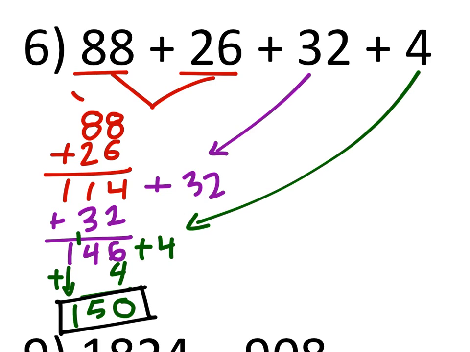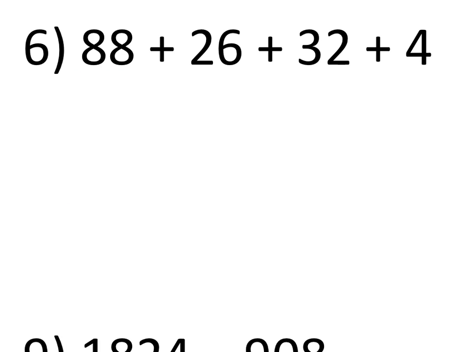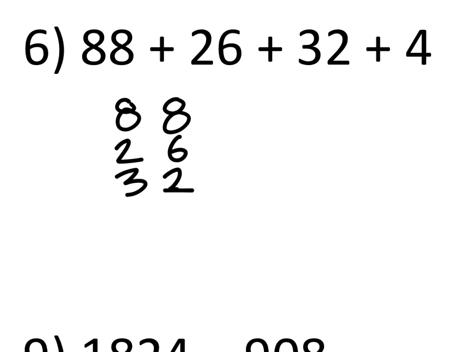But I do want to show the other way, just so you guys know you have options on this game. So let's go ahead and get rid of this stuff. And what I'm going to do is I'm just going to line up all of these, and then we can just add them as we go. So I've got 88, 26, 32, and 4, all of which I'm adding. So again, I may be able to use my fingers on this, maybe not, as long as I know where